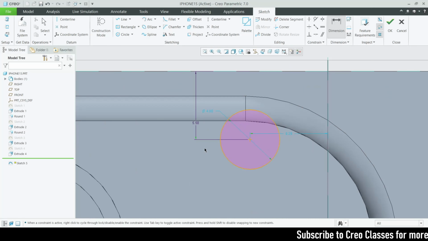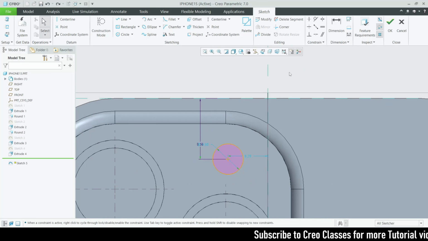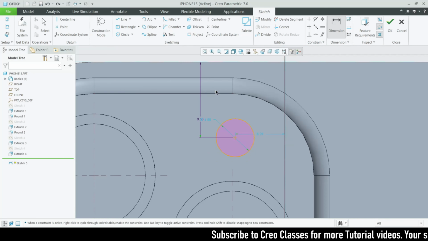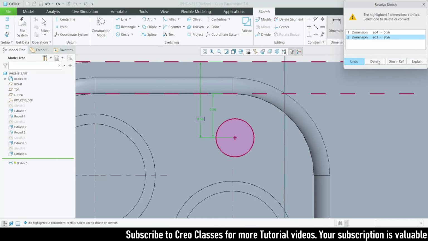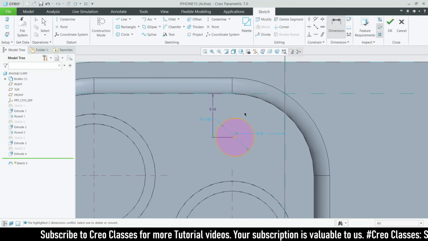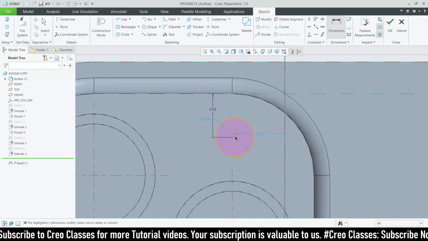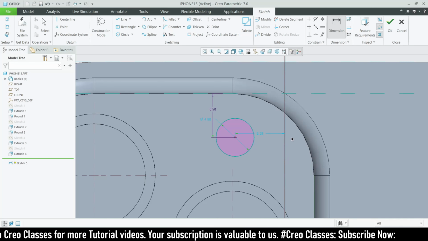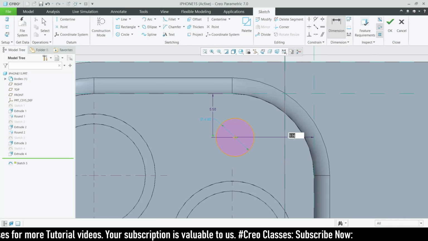Okay, yeah, so I just want to undo this. I just want to measure the value from this to this. Yep, I'm going to delete this, and this will be 5.5. Okay, good. Then I'm going to select this point and this reference line, and from here till here